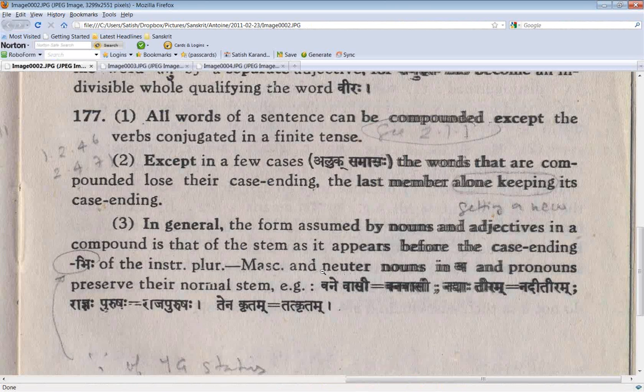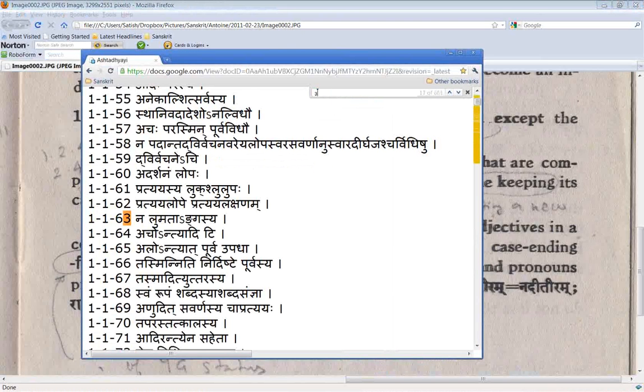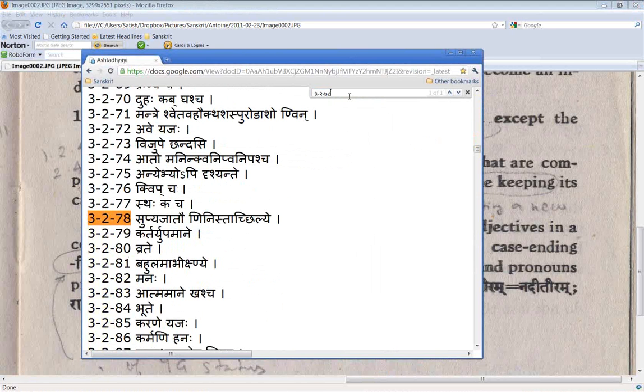I think there is a bit of a typo here, vane vasi. I don't think we can make the vigraha vakyam as vane vasi. We're getting a little ahead of ourselves, and this sutram is not the topic for today, but we look at it a bit later: vane vasati, tacchilyena iti, vanavasin pratipadikam. So the vigraha vakyam of that samasa vanavasi will not be vane vasi. This is an upapada samasa, a nitya samasa. We're going to talk about that later today. Anyway, don't worry about it right now.